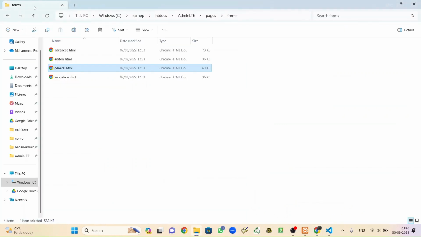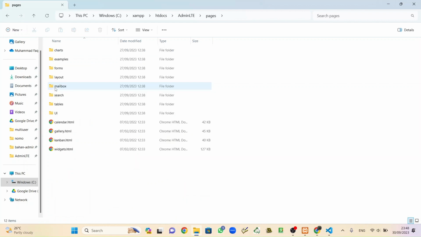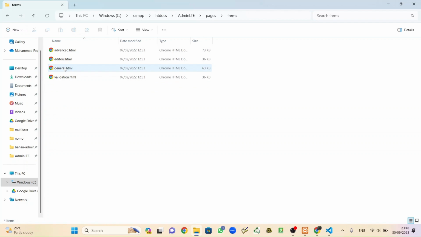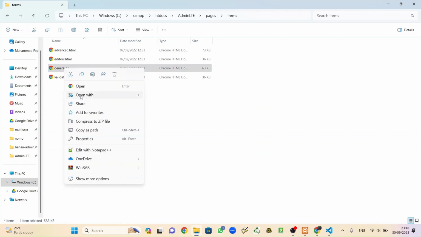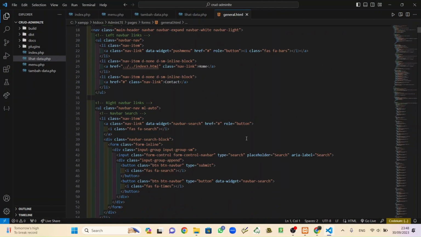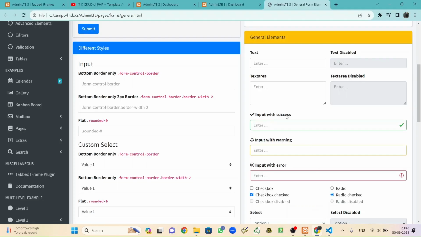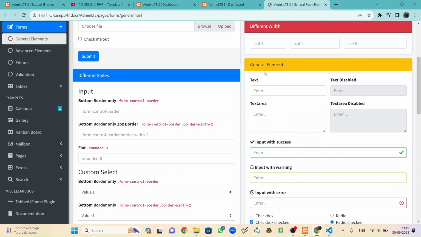So we go to the file and open xampp htdocs admin lte, and inside admin lte there is a lot of folders and files, right? So choose the pages folder, and then search for forms and choose the general, open with VS Code. Okay, and then search this general elements.